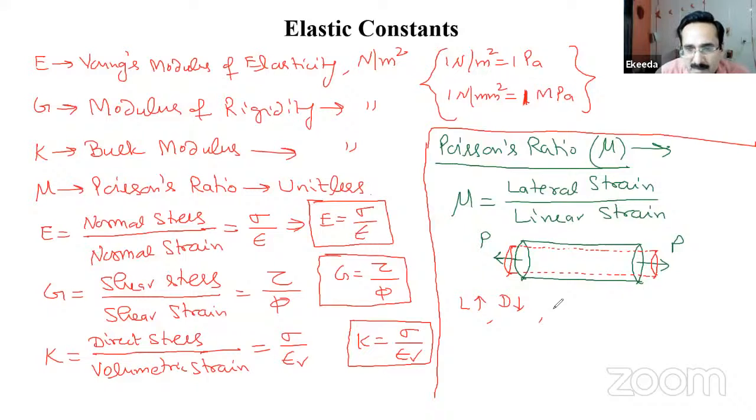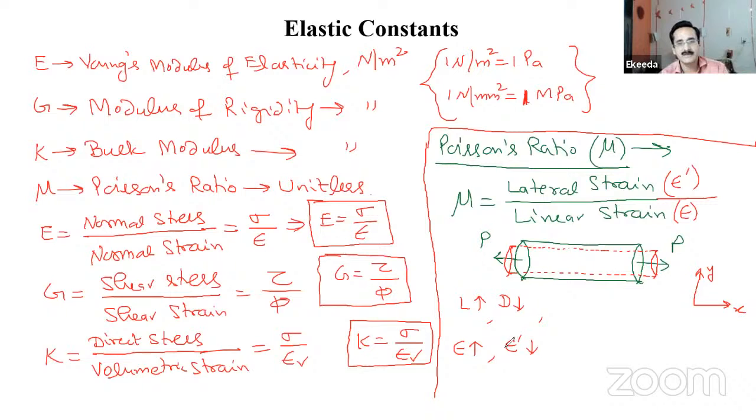Length is increasing means that linear strain, I am showing this linear strain by epsilon, and lateral strain by epsilon dash, suppose, right? So the linear strain will increase, and the lateral strain will decrease, right? So this is the relation. Suppose this is our x direction and this is our y direction. The strain in x direction is increasing, that is linear strain, and strain in y direction,